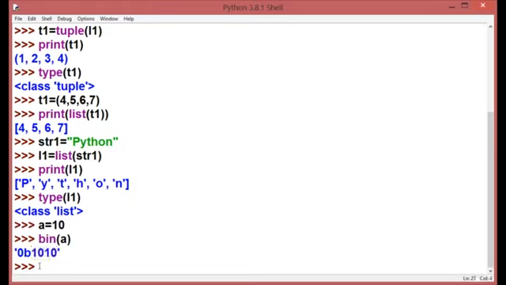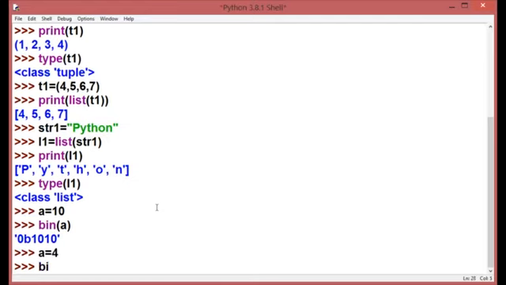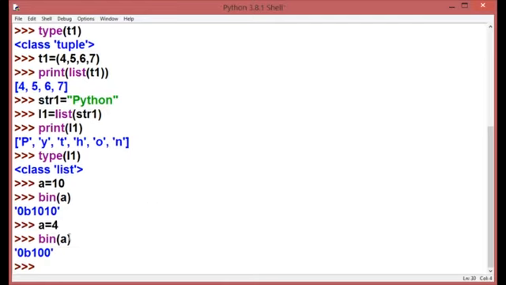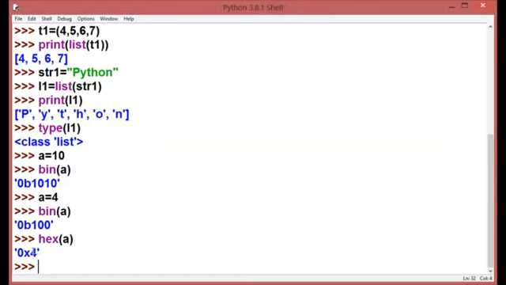Okay, so now let's take another example. So I'm going to take a is equal to 4, and similarly I'm going to convert it into a binary number. So I'll get 100. This is my binary code for 4. Now similarly we can convert our numbers into hexadecimal number also, and for that we have hex. So now I'm going to take the example a is equal to 4 for hexa. So I'm going to write over here a. So it will convert it into 4. 0x is the indicator that this is my hexadecimal number, and actually the hexadecimal code is 4.